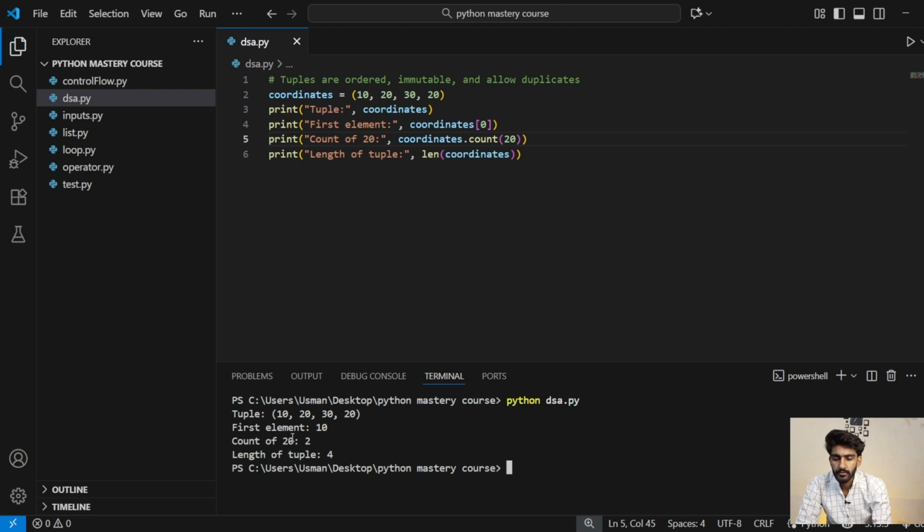How many times is 20 repeated in this? So 20 is used 2 times in this tuple, so it simply prints 2. And if we want to get the length of the tuple, it simply prints 4, because we have 4 values in this tuple. So if I want to access the 30 in this case, I will use 0, 1, and 2, the second index of the tuple,